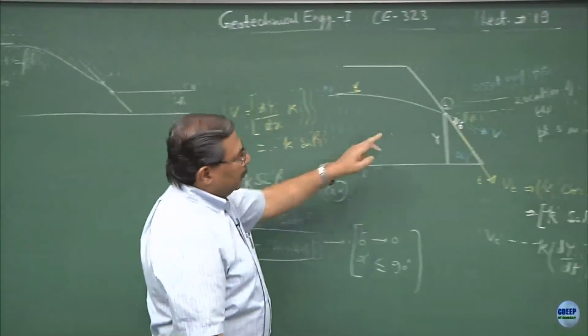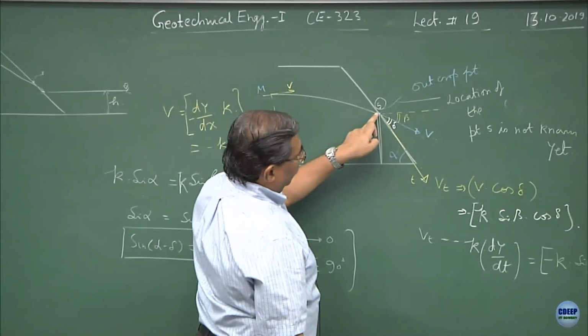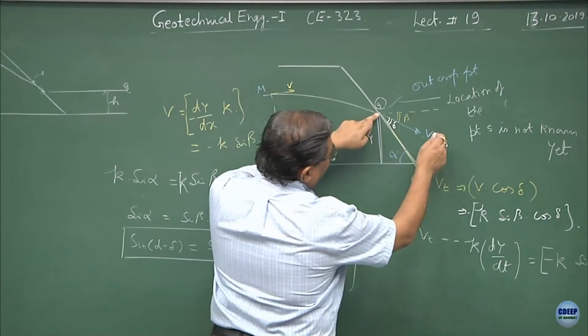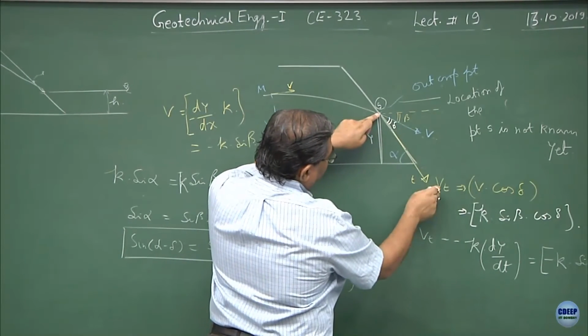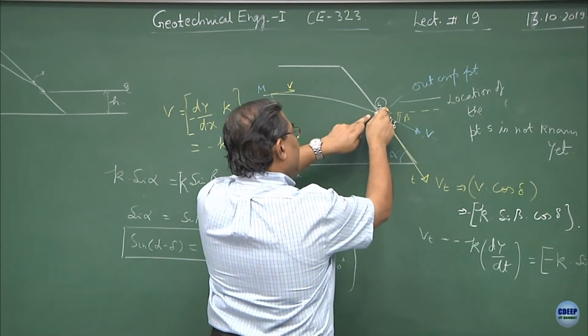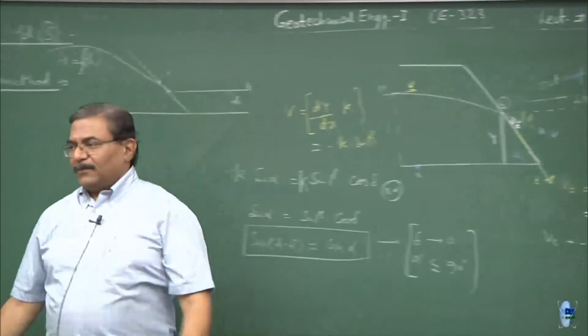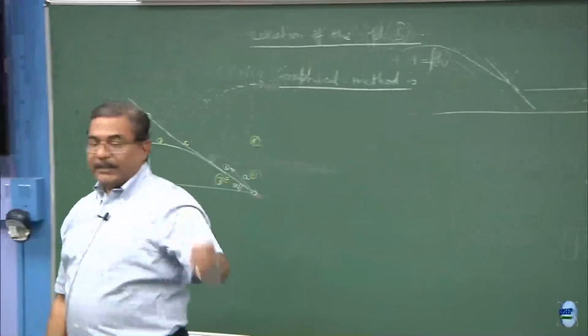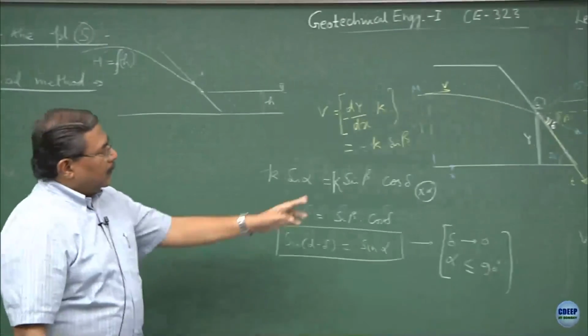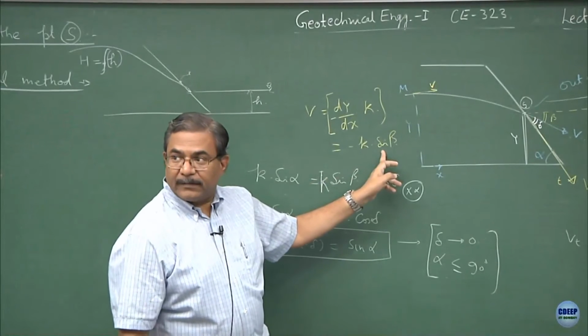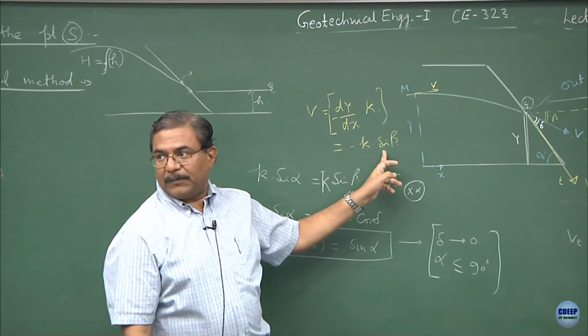So there are two ways of defining the velocity at this point. One is the velocity and its component over here. Second one is this velocity is equal to dy by dx at this point. So these are approximations, as he rightly said, your sin beta should have been tan of beta, which is what we are assuming as sin of beta.